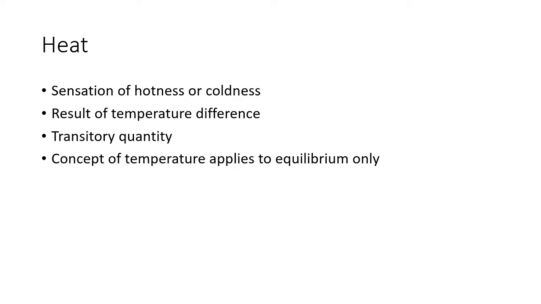We all know that the unit of heat in the SI system is joule. Again, heat is a transitory quantity and is never contained in a body. Hence, it is not a property of a system. Heat flowing into a system is assumed to be positive and heat flowing out of a system is assumed to be negative.